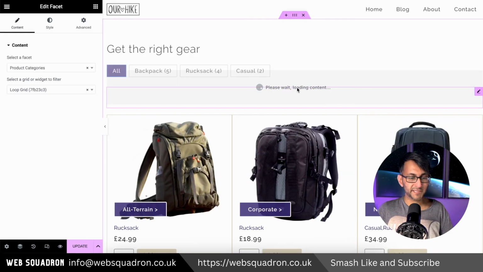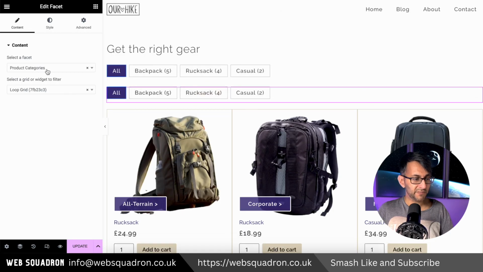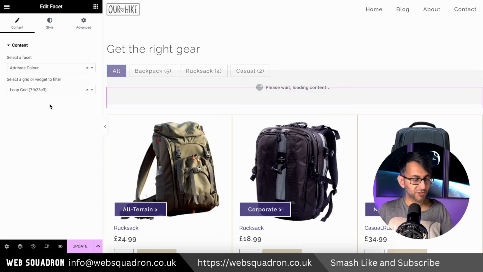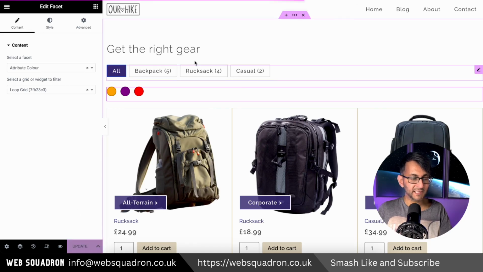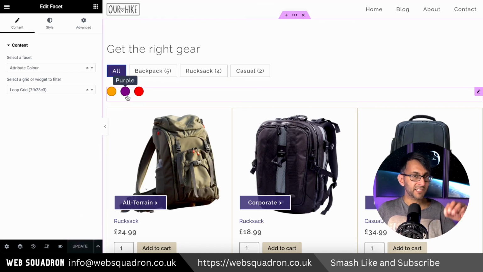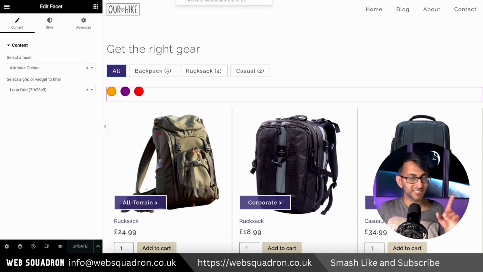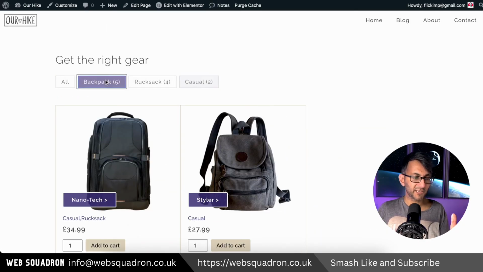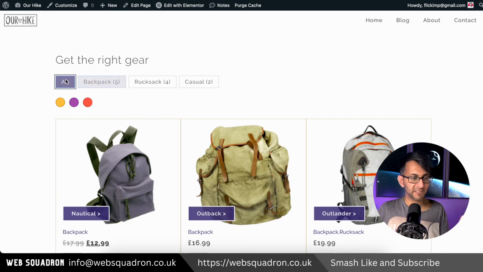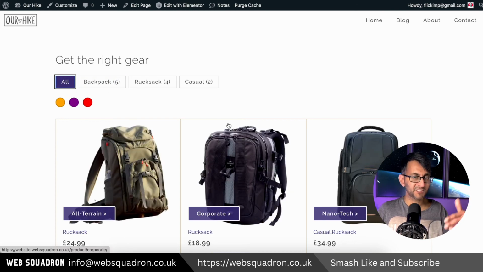I'm actually going to duplicate it first, go over here, and I'm now going to pick the attribute color. And you will now see the color. Let me now hit update and show you why having colors only for some products is not a good idea. So if I click casual, it shows me casual. If I go for backpack, it shows me backpack. If I go for all, it puts them all back into title ascending order, because that's how we set it